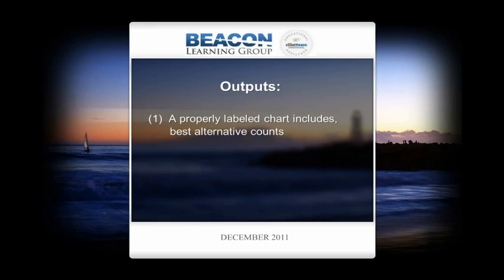In order to be successful, we have to have a properly labeled chart, and this includes alternate counts as well. And as you can see, with those few simple displays that we had on the screen, you could see that we could have many alternate counts for just the two or three wave sequences that we had there. And as the wave advances and continues to advance, we can go through the possibility of eliminating some of these earlier alternate counts that we had.